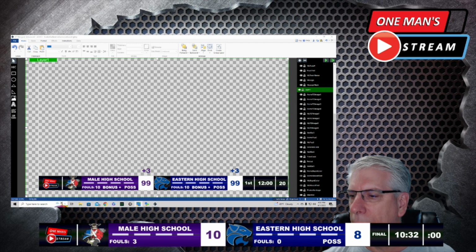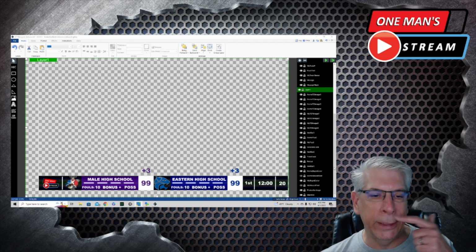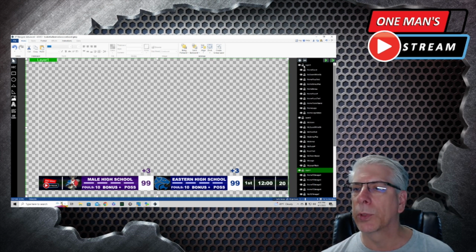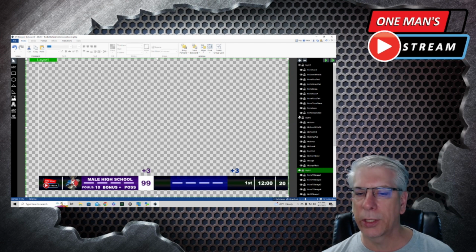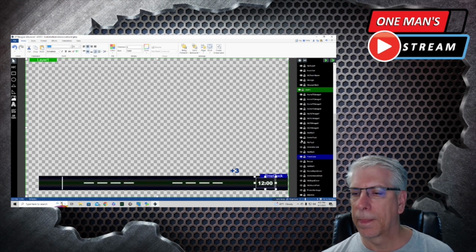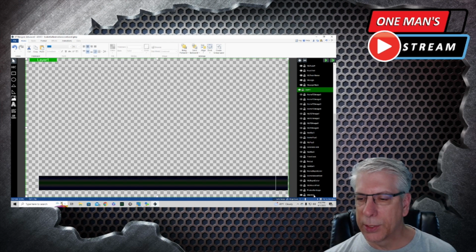So I'll go ahead and get rid of the bottom portion of it that's not needed right now. I'll turn off a lot of this because we're not going to need it when we start out. So let's turn off layer 3, layer 2, and most of layer 1. Okay, so you can see the first thing that we did is we